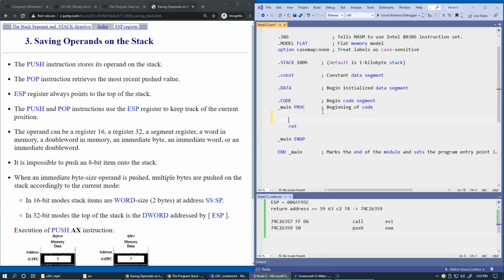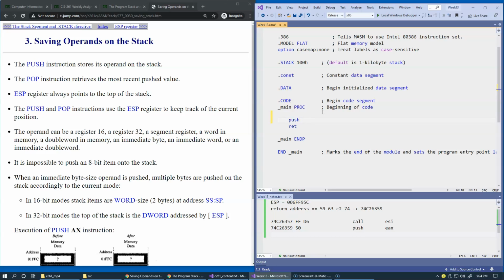If we want to preserve the value of a register on the stack, the reason to do that is that perhaps you're doing some sort of computation and using your registers as temporary values for your parameters and your formulas, memory addresses of your variables and so forth. Of course you may run out of registers that you need to use, so you can temporarily preserve certain registers on the stack. So we can say push